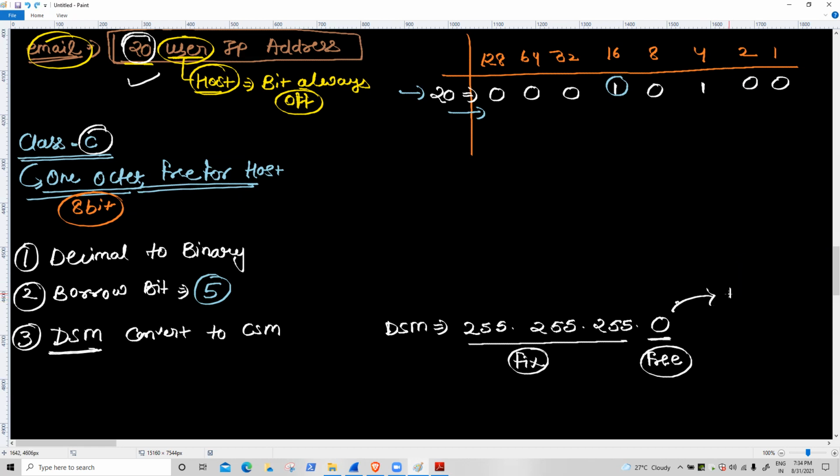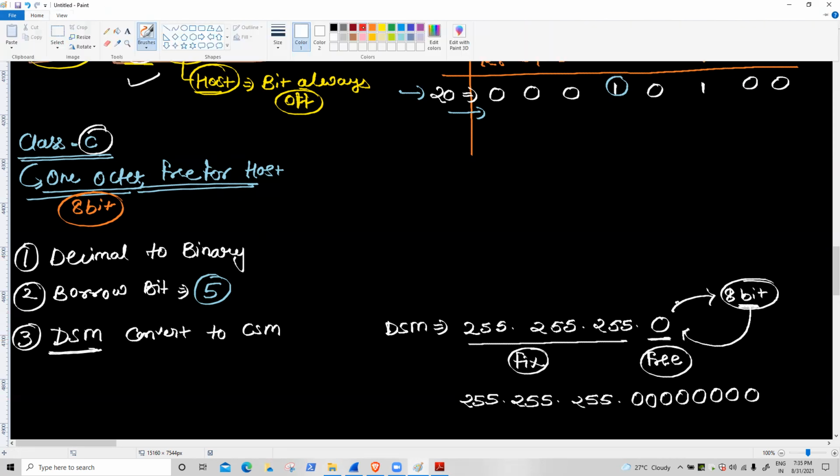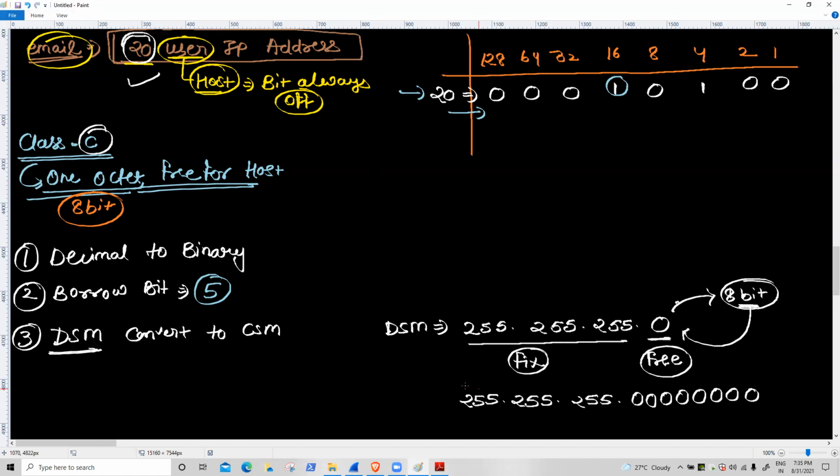Inside 1 octet, how many bits are available? 8 bits. Suppose I represent this as 255.255.255 dot, and 0 means all values are 0. 1, 2, 3, 4, 5, 6, 7, 8, because right now 8 bits are available inside this one octet. So, second task, after representing it this way, how many bits do we borrow? 5 bits.